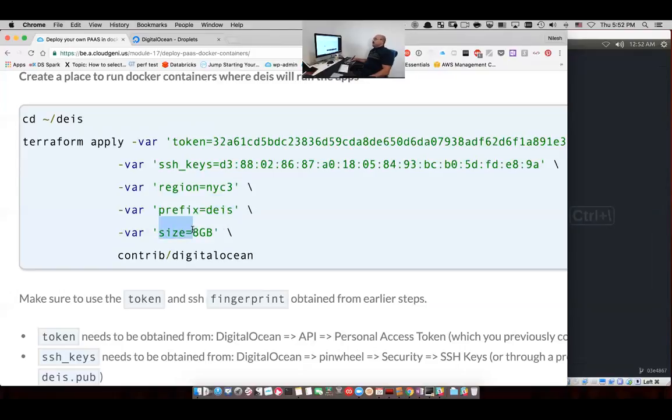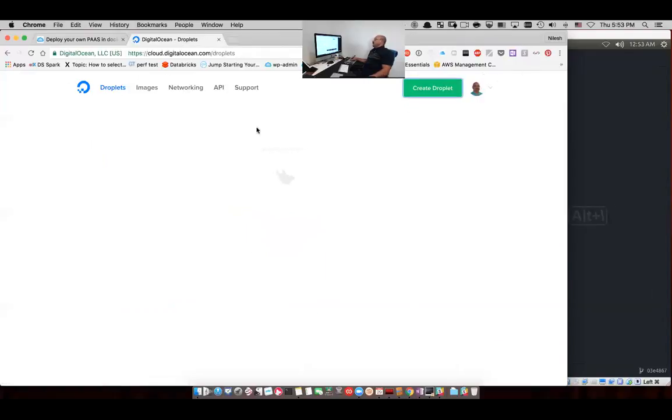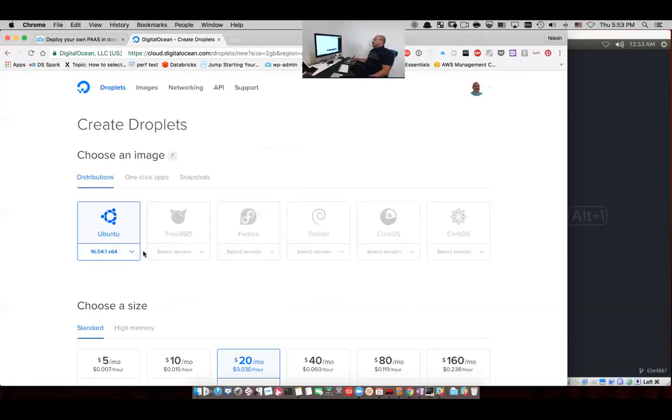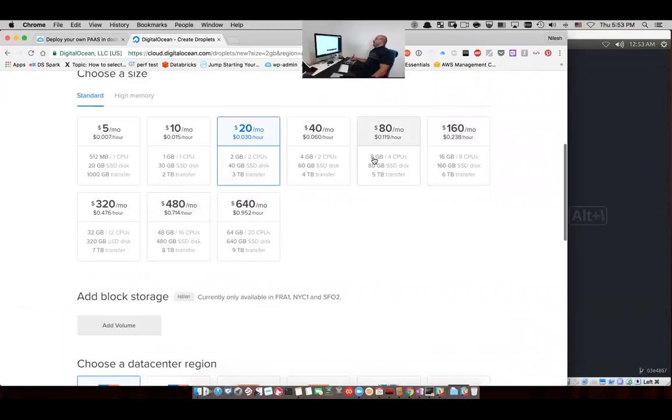And memory should be 8 gigabytes. So you can see the machine sizes you have here. You can create a droplet, and in there, you can get machine sizes for whatever size. I'm going to select the 8 gigabytes machine size, and I will create 3 of them using this size, $80